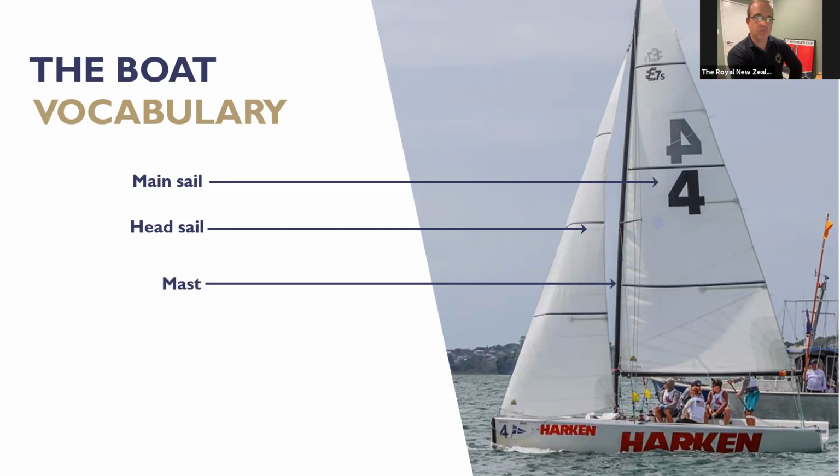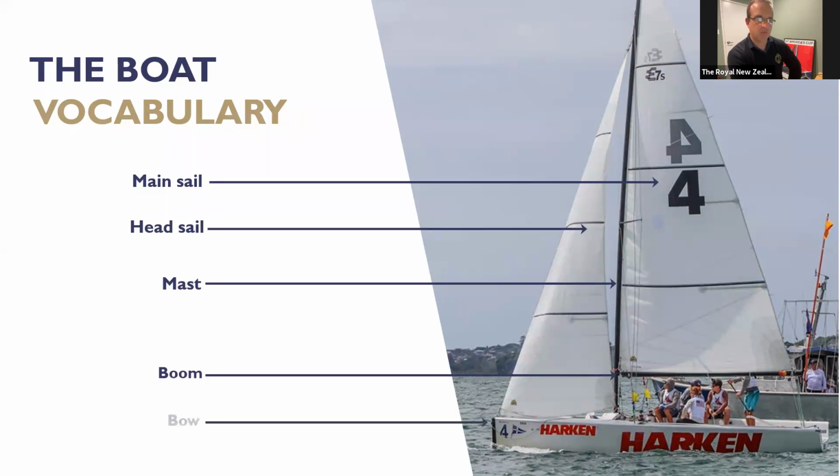Big pole in the middle of the boat is called the mast. We've already talked about that one. That's the boom at the bottom of the mainsail. That black pole is the boom. And then we've got the bow